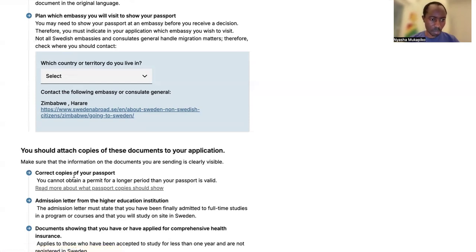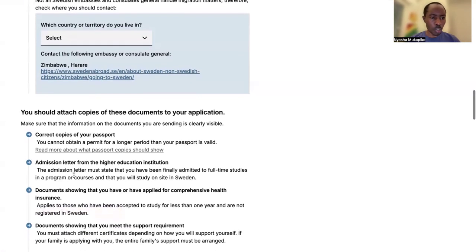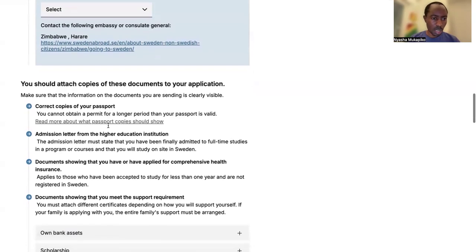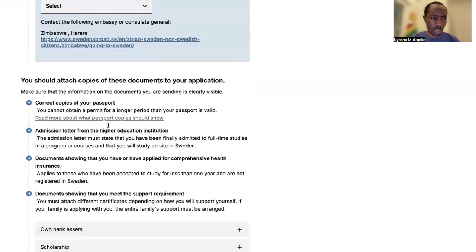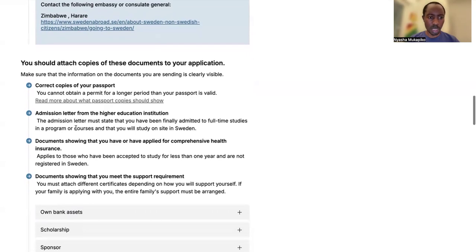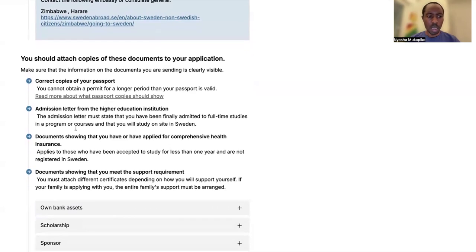You should attach copies of these documents to your application, and these are the following documents that you need: certified copies of your passport, which is the biometric page of your passport. Then you also need your admission letter from the higher education institution.